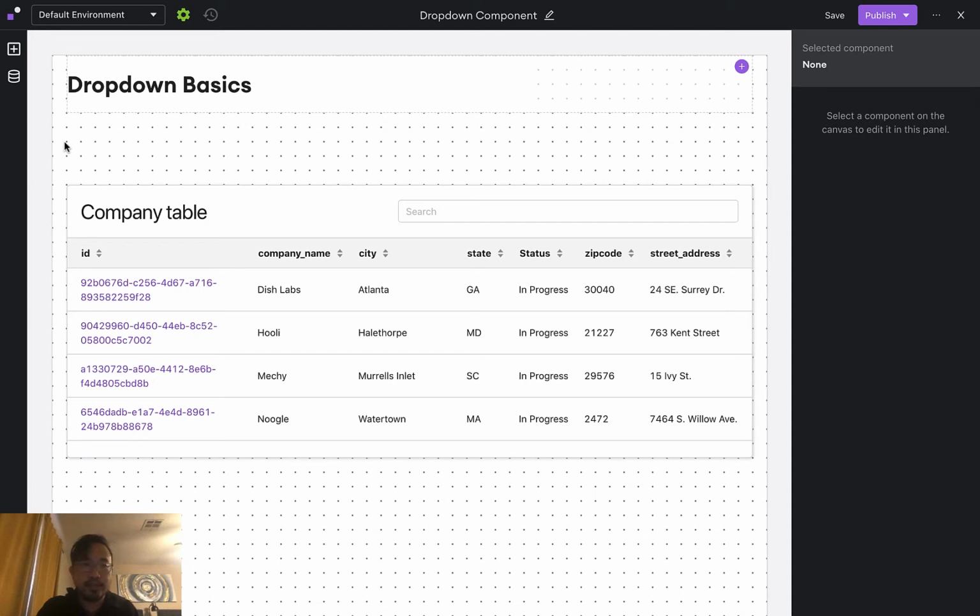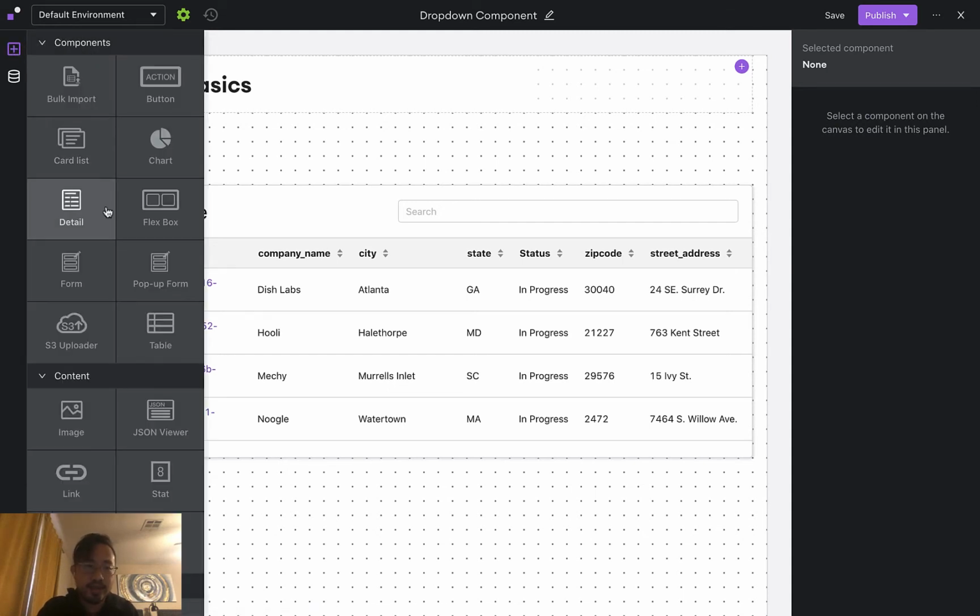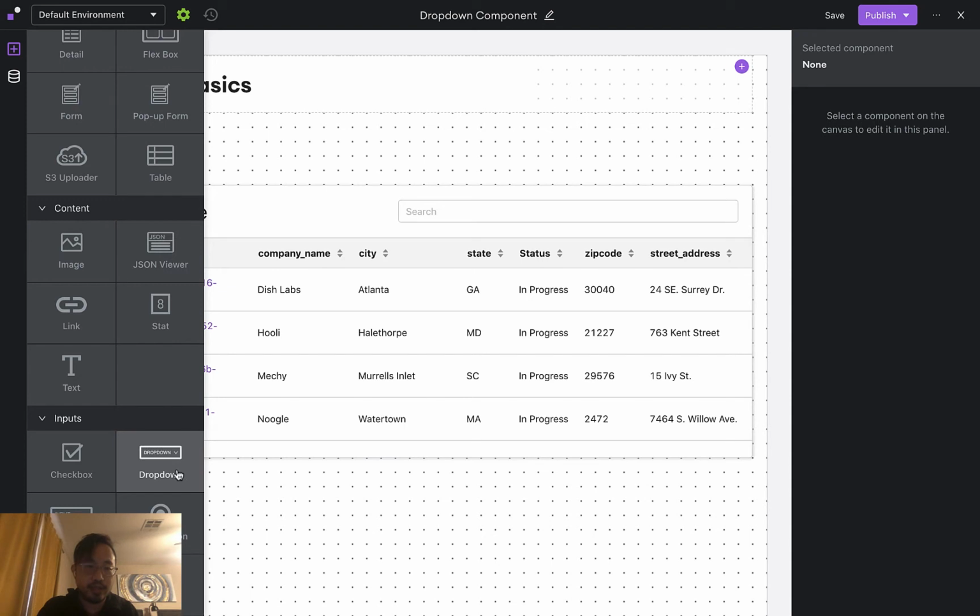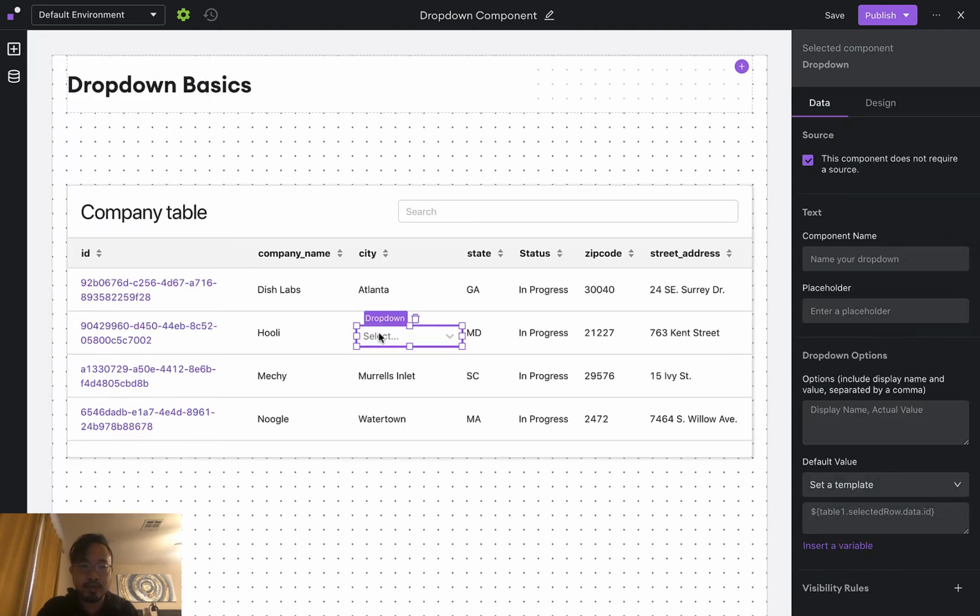Hey everyone, it's Jimmy from Internal here, and today I am going to show you how to use our dropdown component. So select the dropdown component, you can give it a name, and then you can enter in any placeholder